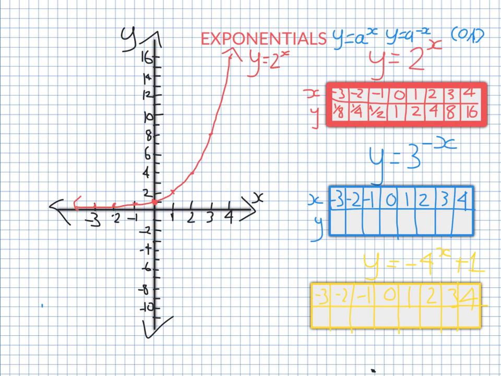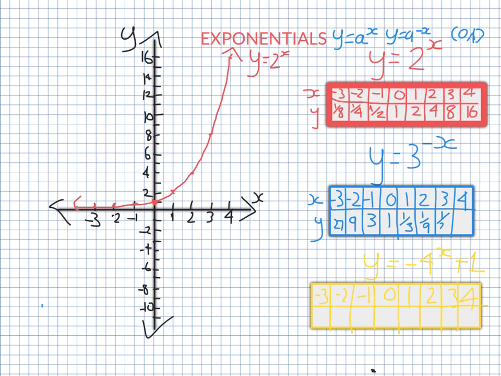So what about 3 to the power of minus x? Well, here, if x is minus 3, y would be 3 to the power of positive 3, which is 27. Too big to fit on these axes. And then similarly, it will be 9, just substituting in all of these numbers. Once again, it will go through 0, 1. Now, if x is 1, y is 3 to the power of minus 1, which is positive 1/3, positive 1/9,